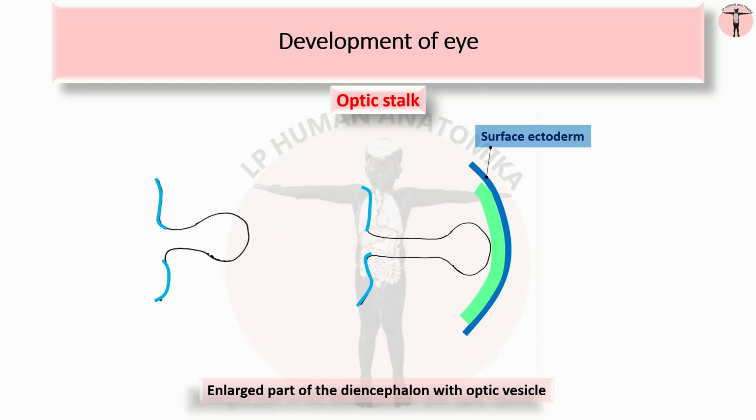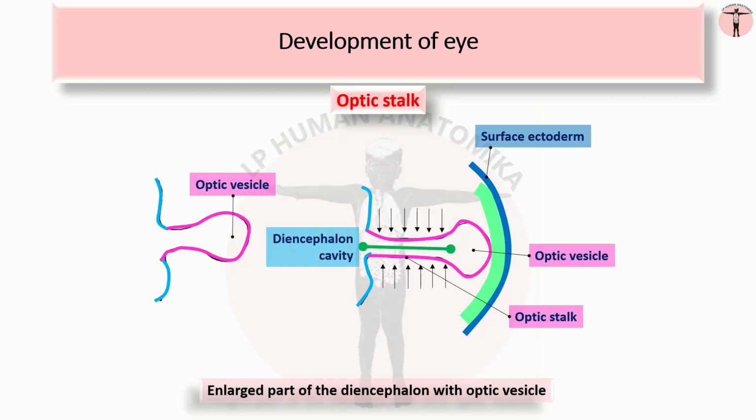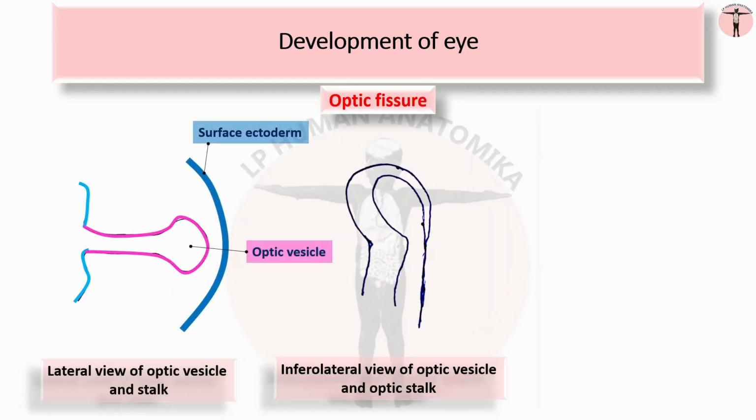Now, how is the optic stalk formed? As the optic vesicle evaginates, the tissue joining the vesicle to the neural tube, that is the diencephalon, constricts. This constricted portion between the optic vesicle and the diencephalon is called the optic stalk. The cavity of the optic vesicle and optic stalk becomes continuous with the cavity of the diencephalon that will become the third ventricle. While the wall of the optic vesicle is in contact with surface ectoderm, it thickens and flattens to